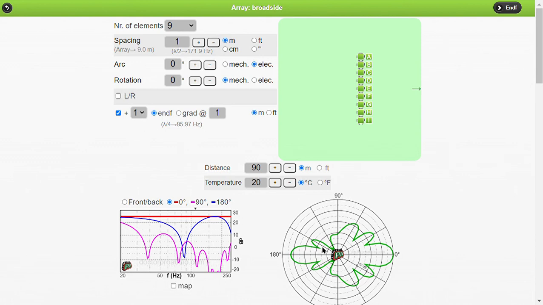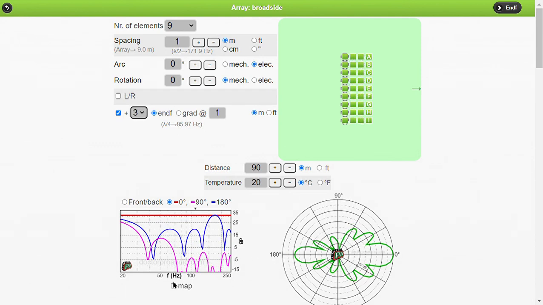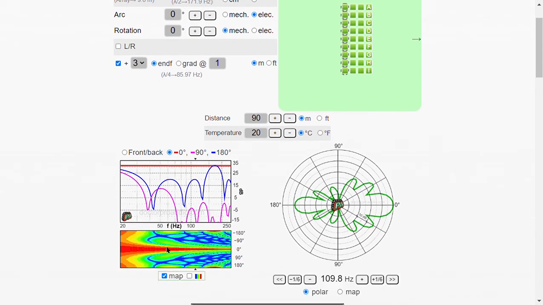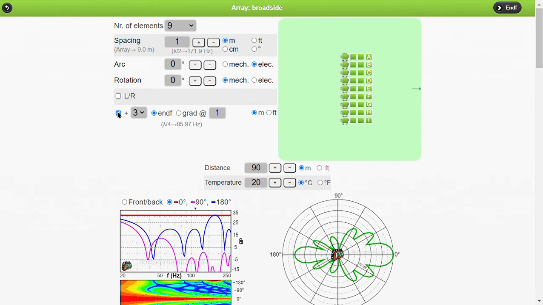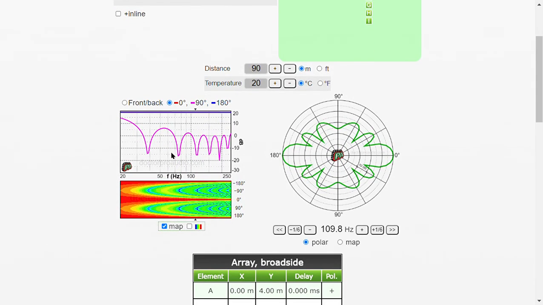Now we have one, and you can see very clearly that we've lost a lot of level here in the back. We can use an isobar display. Here's your main lobe, and there's barely anything here at 180 degrees. Whereas if we take the inline off, then you can see the back lobe here at 180.